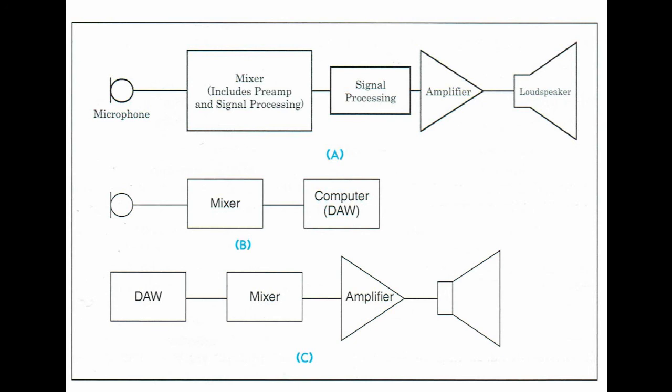Now, the equipment configuration for a single sound reinforcement system, as shown there at the very top, is basically just a microphone, which is a type of transducer. It picks up the sound. The microphone will then convert that sound into a weak electrical signal. That signal is then sent into a preamplifier in the mixer, and this preamp basically boosts the electrical power of the signal into the signal processing of the mixer.